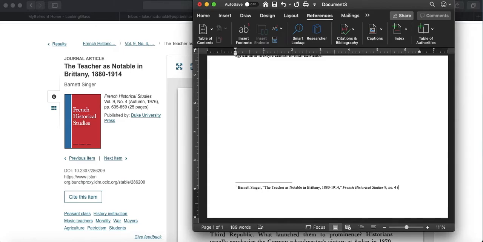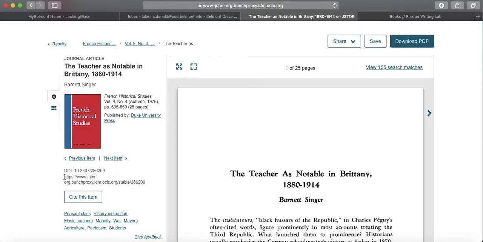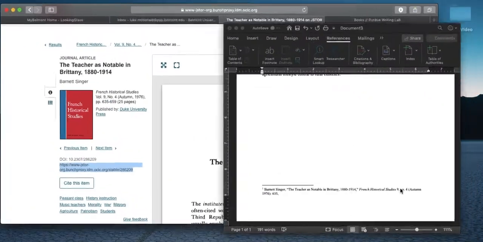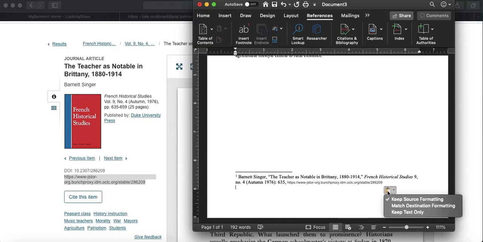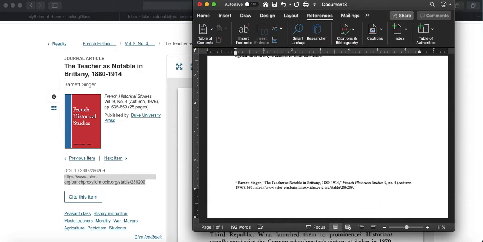Next, in parentheses, you'll put the year that the journal was published in. And you can put the quarter, the month, if that's given, but that's not necessary. And then you'll put a colon and the page number where you found the quote. So this is page 635. Then a comma, and then the final bit of information you'll put in is the URL. So you can find it right here or copy it from the URL bar and paste right there. Then just be sure that this is in Times New Roman 10-point font, and you are